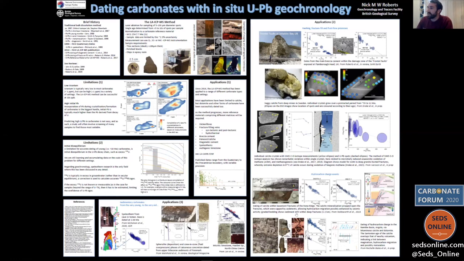I've been involved in studies looking at hydrocarbon charge. This first one is looking at basement fractures, where sediment and calcite has propped open fractures deep within the crust, and that's helped hydrocarbon migration in this place. This is the Rona Ridge offshore. And this study at the bottom here is Nathan's work that he talked about yesterday, these microbialites. We've actually managed to date some of the shrubby and spherulitic type calcite and dolomite, and got some pretty nice age data. And then finally over here, this third application box just shows the range of ages.